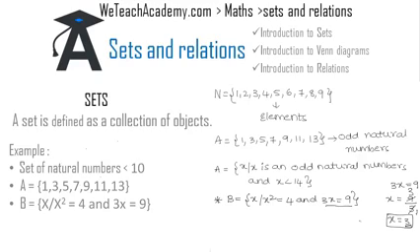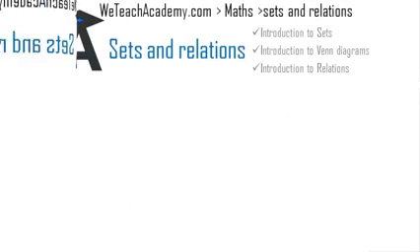Now let us substitute the X value in the equation X square is equal to 4. We get 3 whole square is equal to 4, and that implies 3 whole square is 9, which is not equal to 4. So we don't get any element for the value of X. We get an empty set, and we call this type of set a null set, and we use a symbol to write the null set. So this was a basic introduction on sets, and now let us move forward and see what Venn